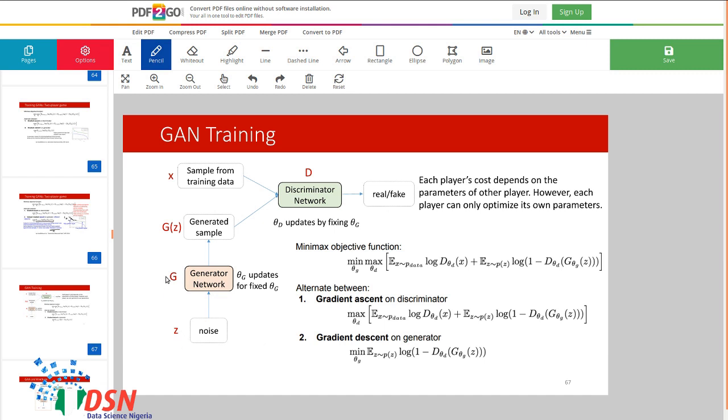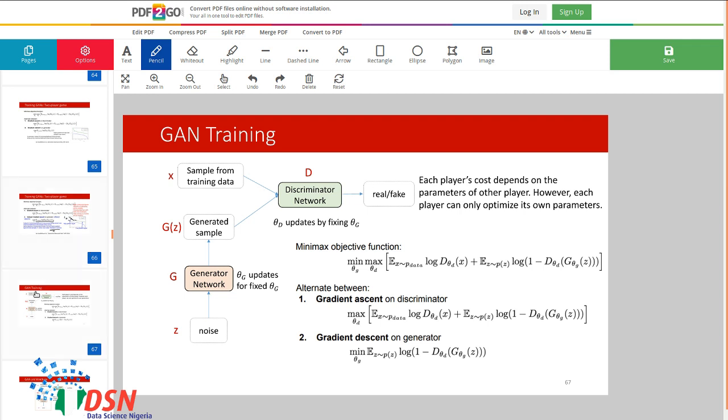After that, we have the generator network, which tries to transform the input, the noise, to generate a sample. It could be a convolutional neural network or a neural network, and after that we pass this generated sample with some batch of samples from training data to the discriminator network and to train the network.